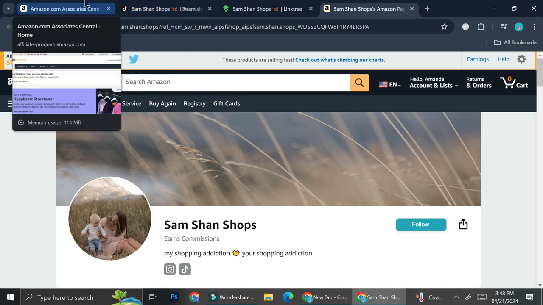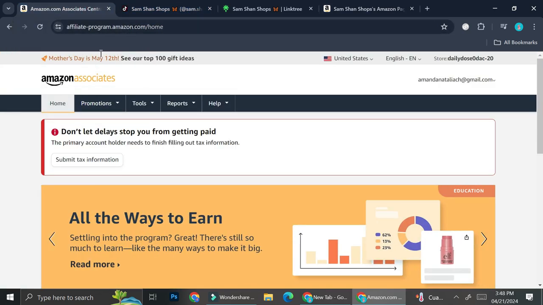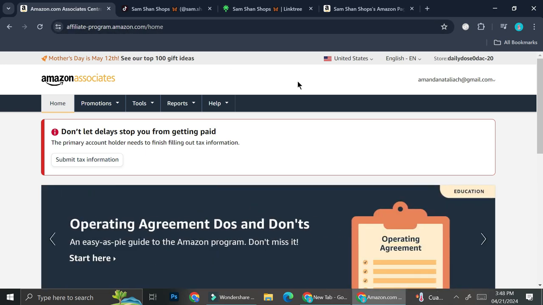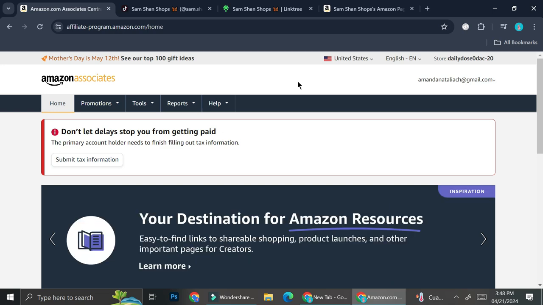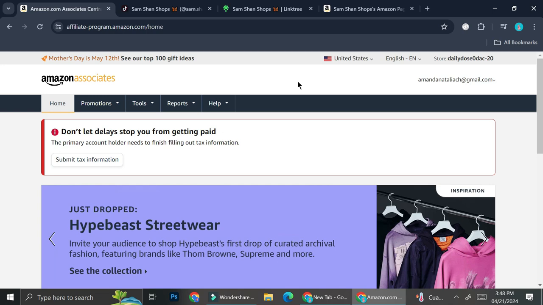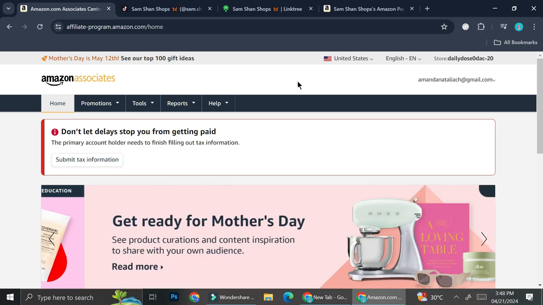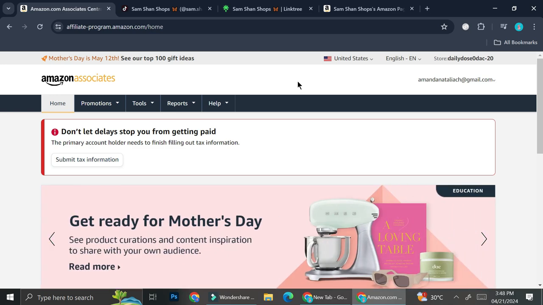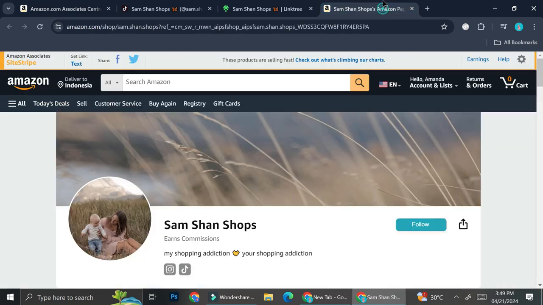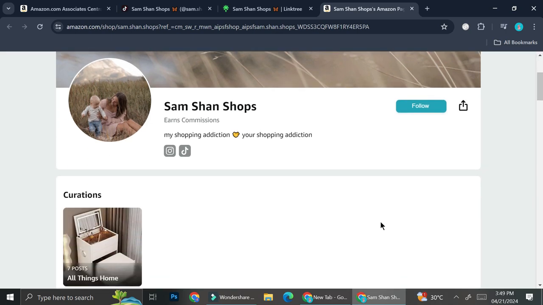And in order to be a part of Amazon affiliates, you're going to want to go to affiliateprogram.amazon.com, and then you want to submit or apply to be a part of Amazon affiliate through this page right here. Now when it comes to trying to enroll or join the Amazon affiliate program, it's not actually a very hard thing to do,